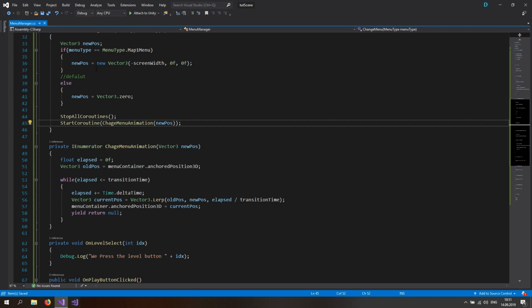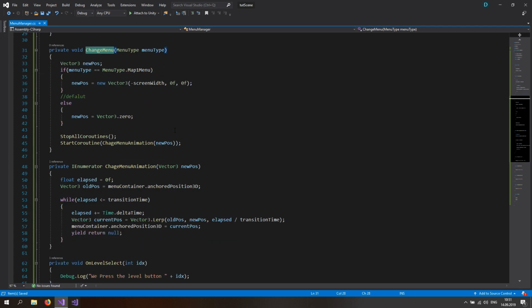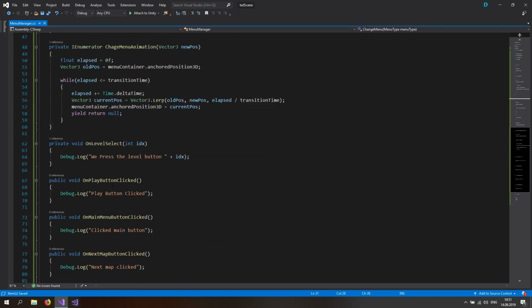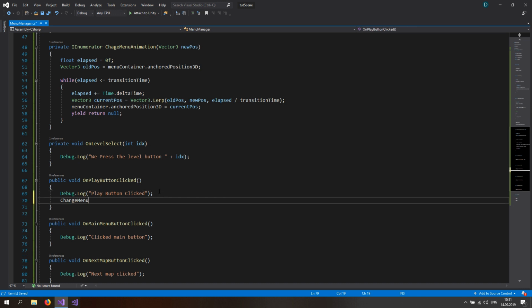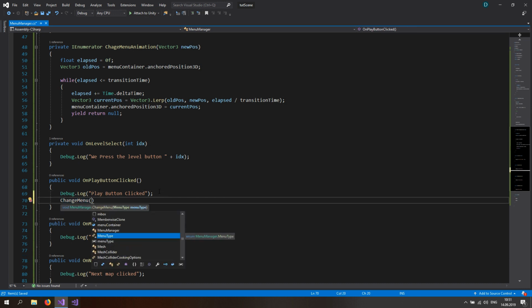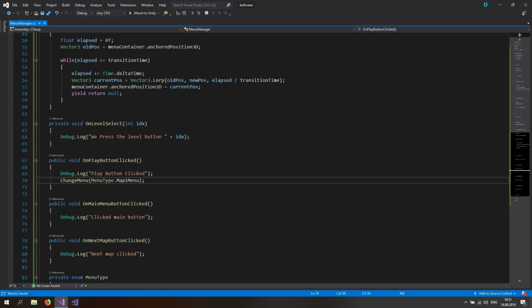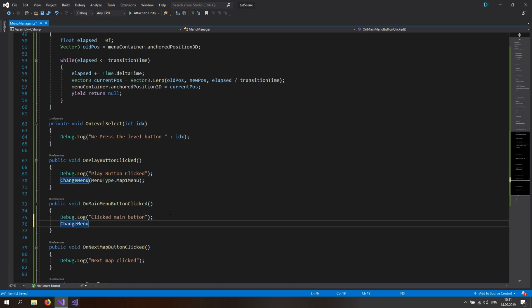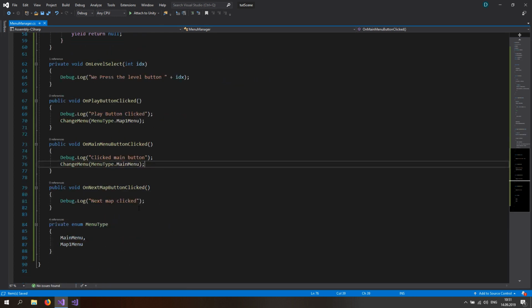And this should work. And now we just need to call the change menu function, and we want to do this on the play button clicked. This is going to put us to the menu type dot map 1 menu. And if we click the on main menu button clicked, we just want to change the menu to the menu type dot main menu right there. And this should actually work right now and be complete. So go to Unity,